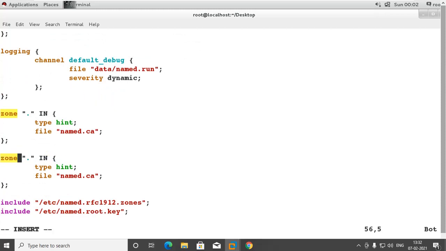Now let's say I create a zone named lesson.xyz. So I name it accordingly, lesson.xyz. This will be my master NS, so I make it as master. Then the path and the name of the file where my zone's resource records will be saved.